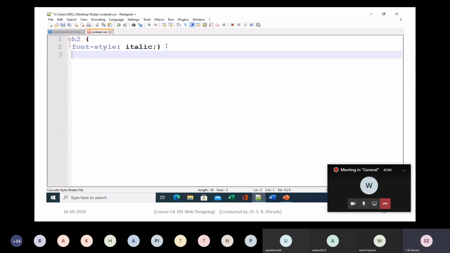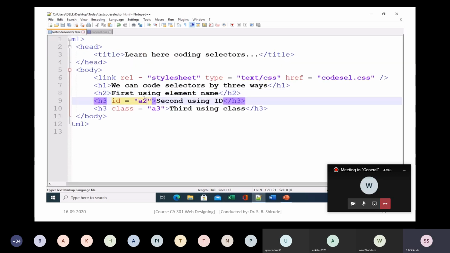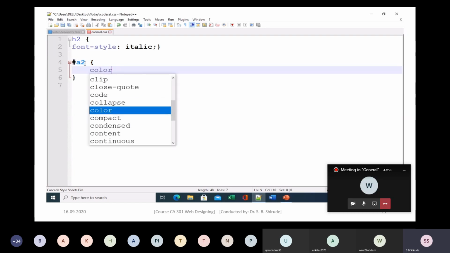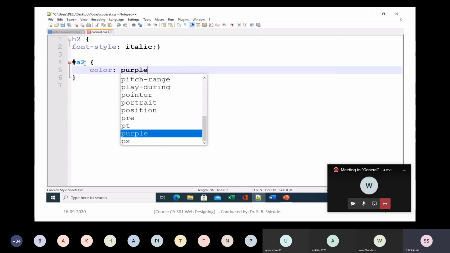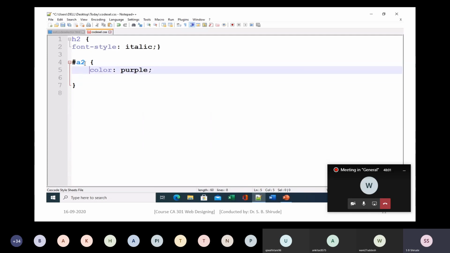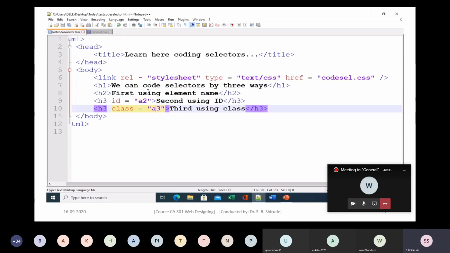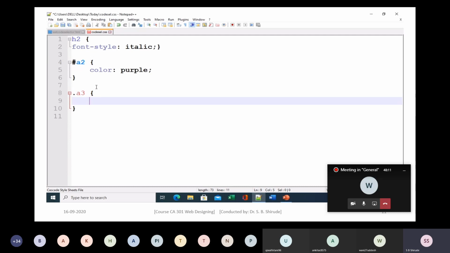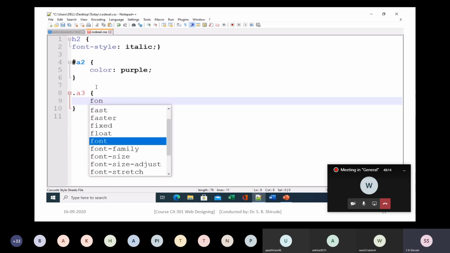And now here I will refer to the ID. So how to refer to an ID? Remember the way is to put a hash followed by that ID. If it is in capital, put capital. If it is small, write small. CSS is case sensitive. Remember, CSS is case sensitive. So if you are giving the ID in capital, you have to give it in capital. If it is small, then small. If you are making use of mixed, you should give mixed. Now to specify the third way, making use of class, you have to precede it by a dot. Remember. So dot A3, the name of the class.